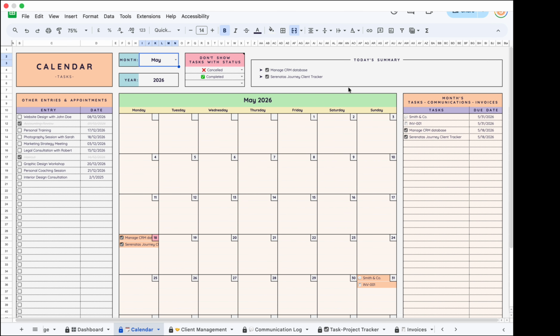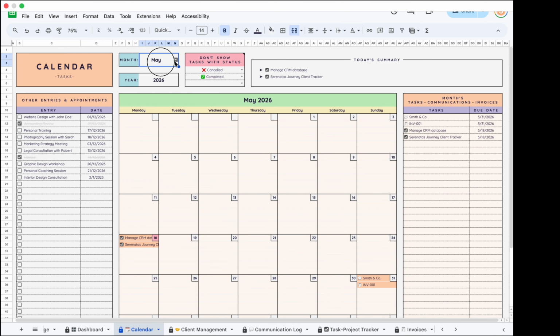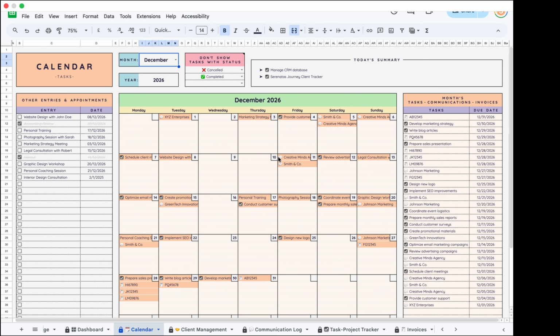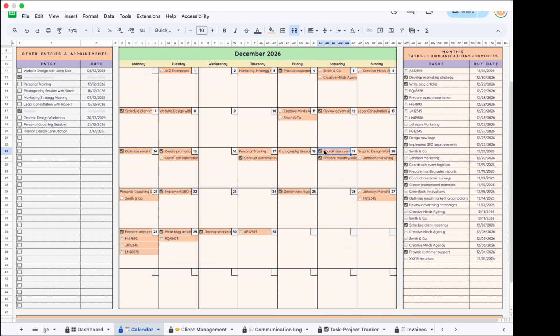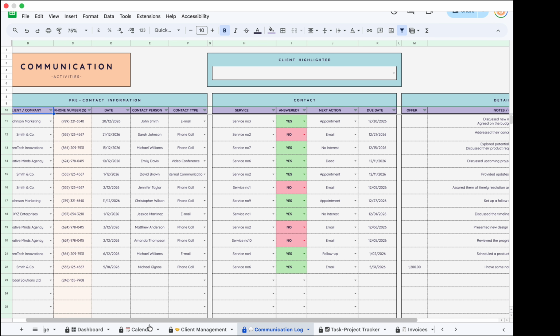You can navigate each month by selecting the month and year. You can go to the previous year, previous month, I don't have anything here. So you can navigate to every month you want. The dates are just for test purposes, and we list your tasks, any communication that has a due date,